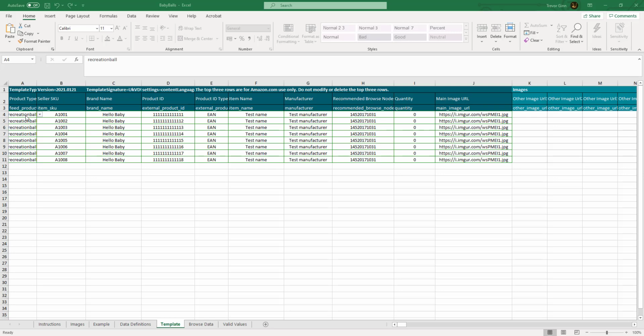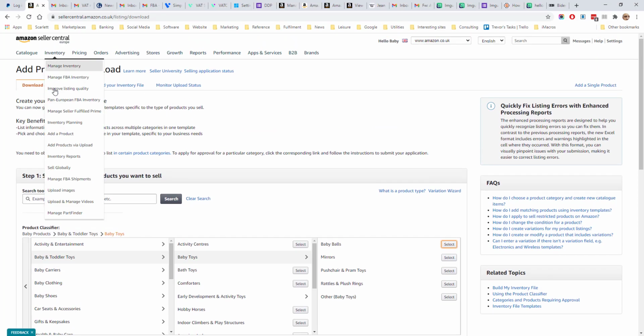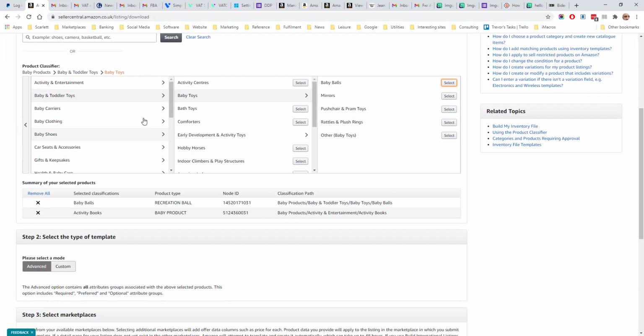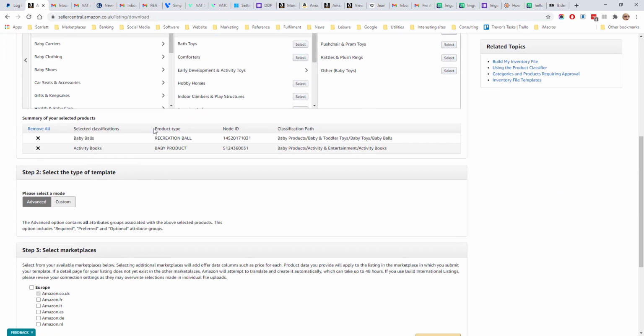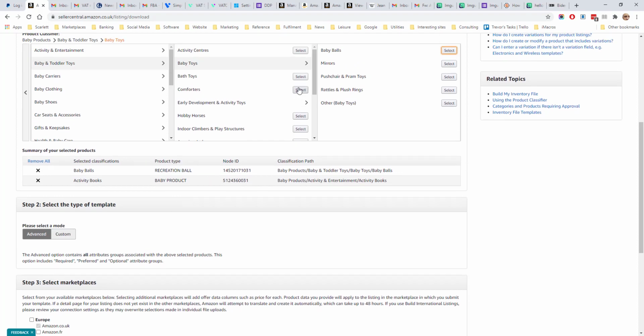In the left-hand most column is the product feed type. This is populated with a drop-down of the categories which you selected when creating the template. And you can see here it says recreation ball. If we go to inventory, add product via upload and select a category, this product type here comes from here, the product type, and also this is the browse node ID, which we'll discuss in a moment. So if you want to find new browse nodes and new product types, you can actually get the information from